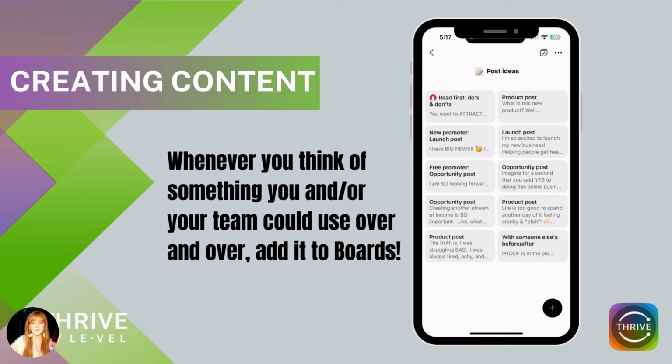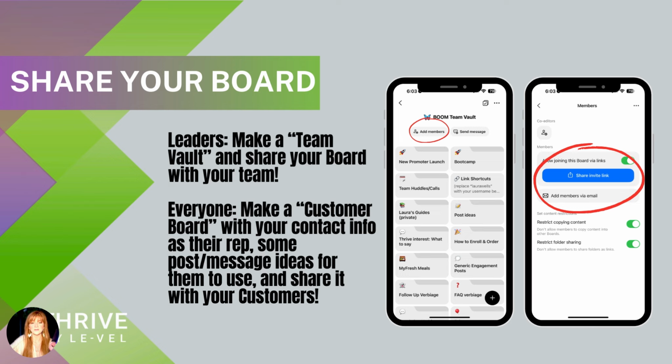So next thing is, when you create your board, you're going to be able to share your board. Now, this is something you can choose to do. You don't always have to share your board just because you made a board. If you do have a team board, for example, like you're creating a team vault, you can go into your team vault or into your board that you want to share and click on the tab that says add members. You're going to be able to then go to the blue button where it says share